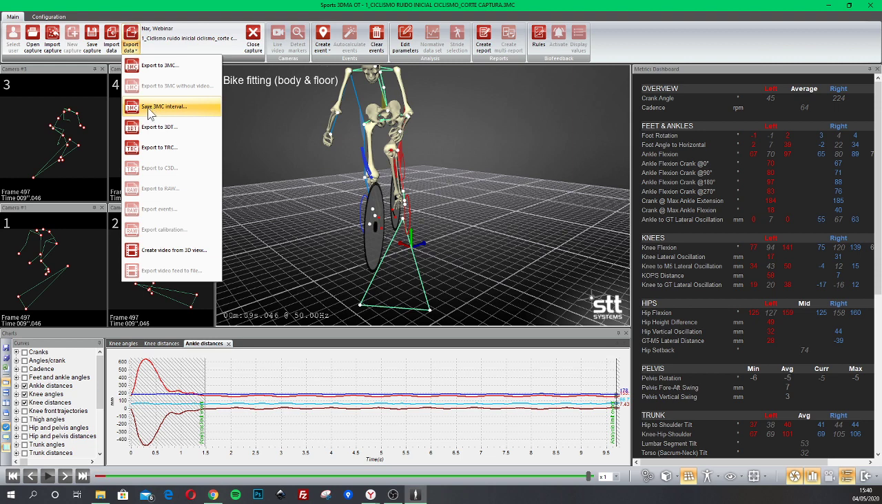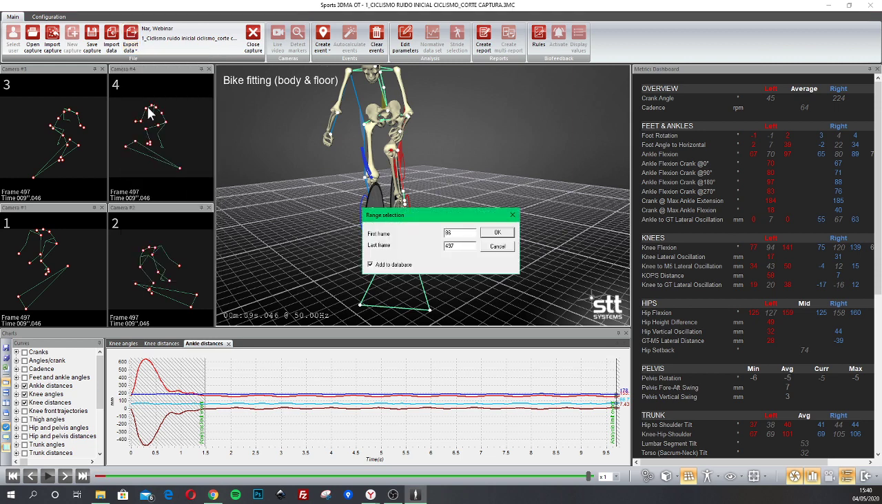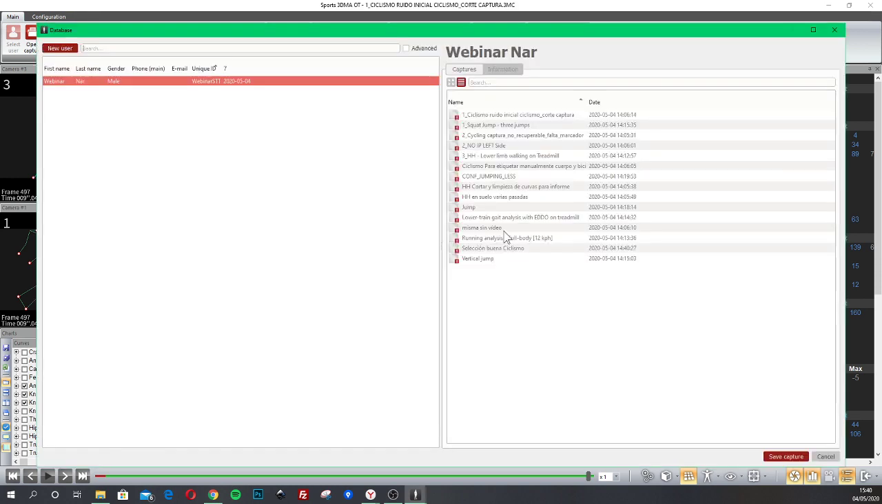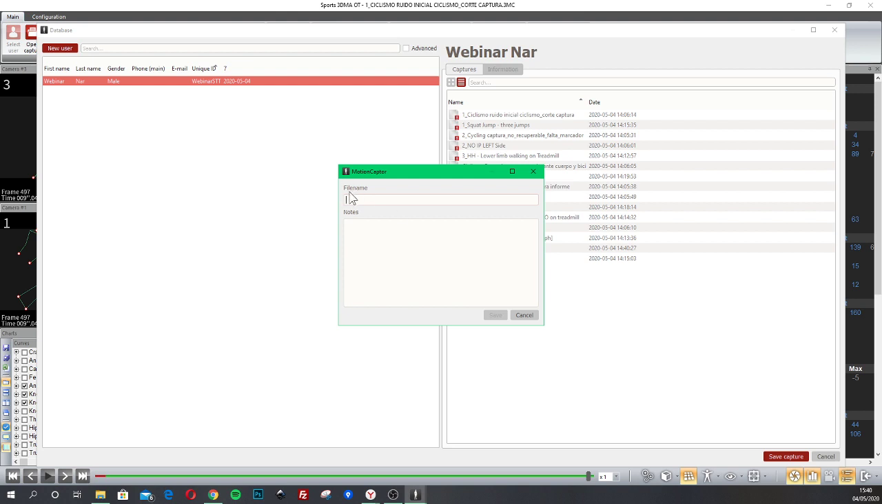Let's do it. So I am pressing now this, save 3MC interval. The system is asking me to double check if the first frame is going to be this one and the last one is going to be this one. It takes by default where the cursors are, so where the limits are. And please double check that you have checked this box to add to the database. Now I'm pressing OK. I need to select the user here on the left column, and then after saving the capture, I need to label it. Let's label it as bike fitting